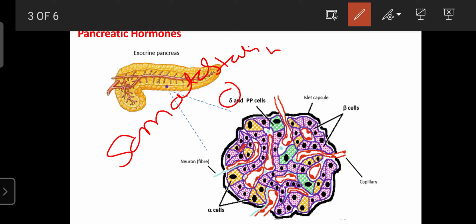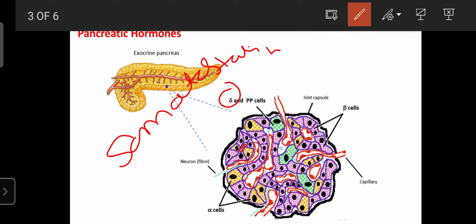It inhibits the release of the growth hormone from the pituitary gland, and it also acts on the GIT, where it can inhibit the absorption of the micronutrients after digestion. Due to lack of absorption of the food from the intestine or GIT, the growth can be stunted. For that reason, somatostatin is known as the anti-growth hormone.